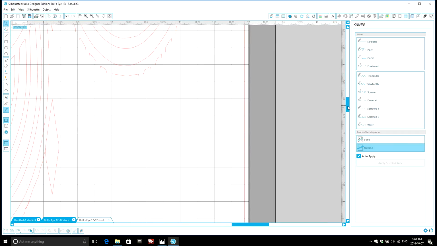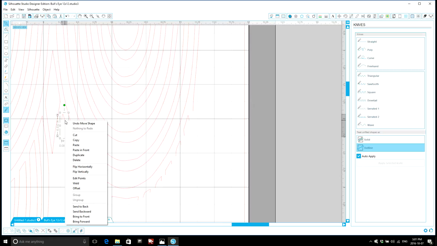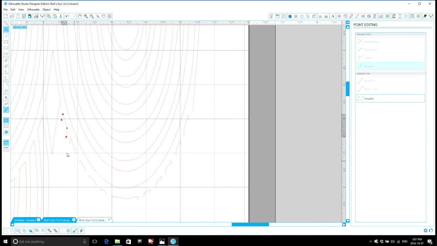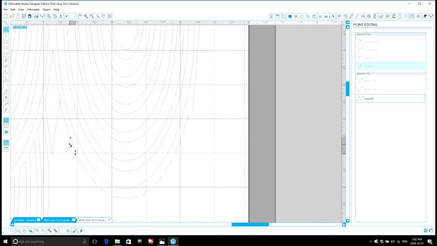Okay, so let's try one point. So now I right-clicked on each one of the cuts, and then I chose edit points, and you're going to see these little points here. You're going to pick the red dot, there we go, and move it to the rhomboid. Then pick the next little red dot, there we go, and just move it to join to the next part. Same thing, the next line, same thing, edit points, get the little red dot, and so